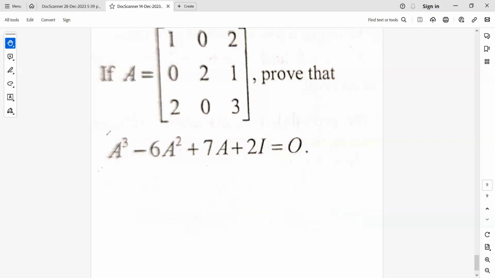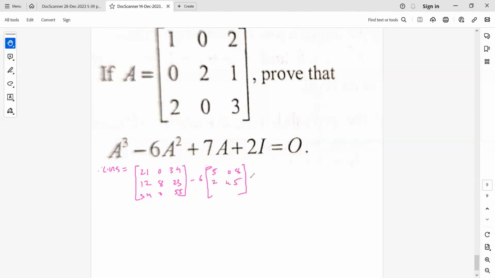In the LHS part we have A cube. A cube value we have already got as 21 0 34, next we have 12 8 and 23, and then we have 34 0 and 55. Next we need to multiply 6 into the A square terms. A square we have got as 5 0 8, and then we have